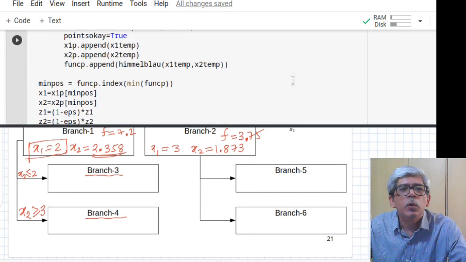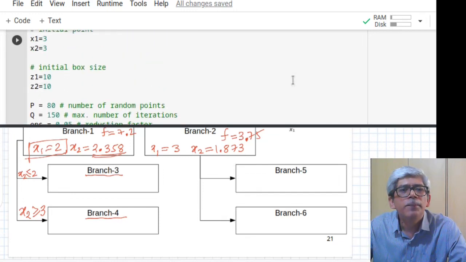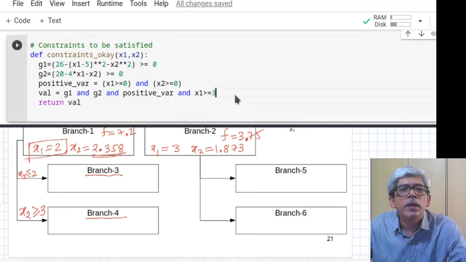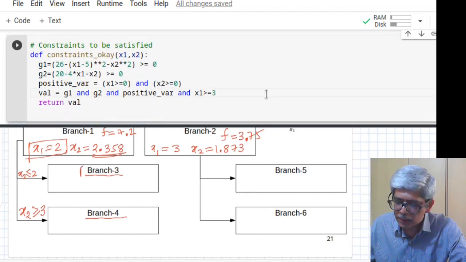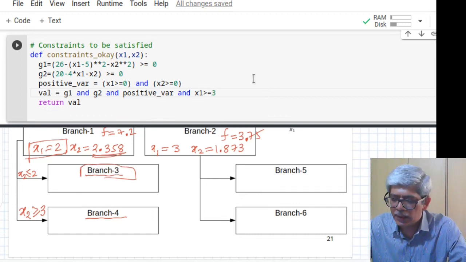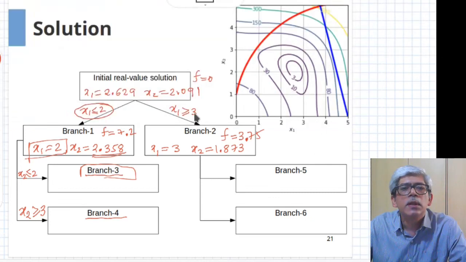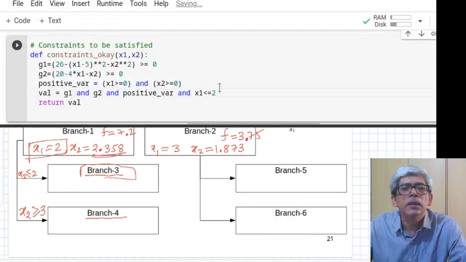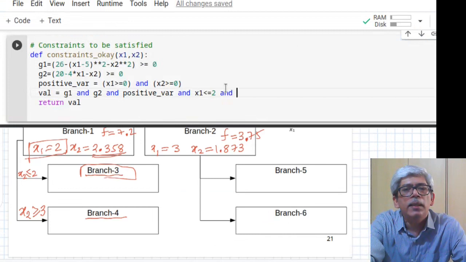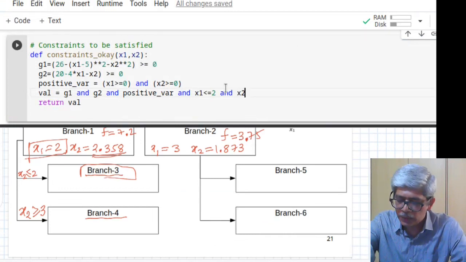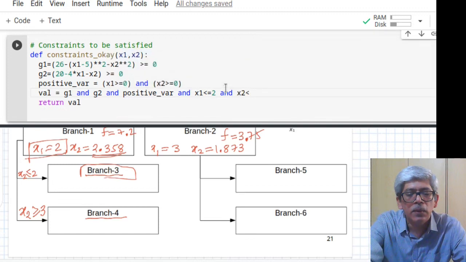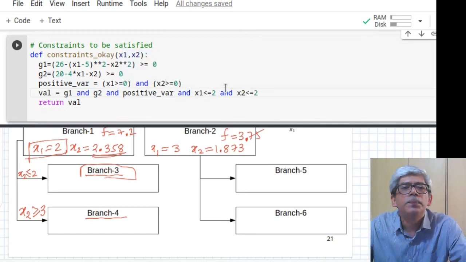So let's put this condition in our code and find out the solution. Remember that for branch number 3 I have two conditions. One comes from the earlier case, x1 less than or equal to 2, and an additional constraint, x2 less than or equal to 2.